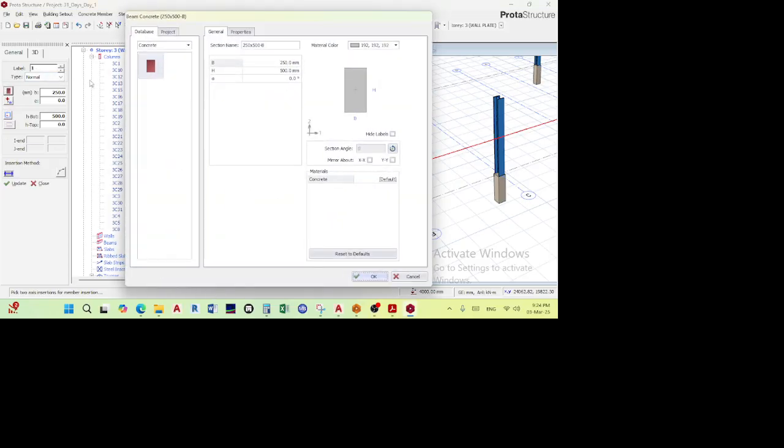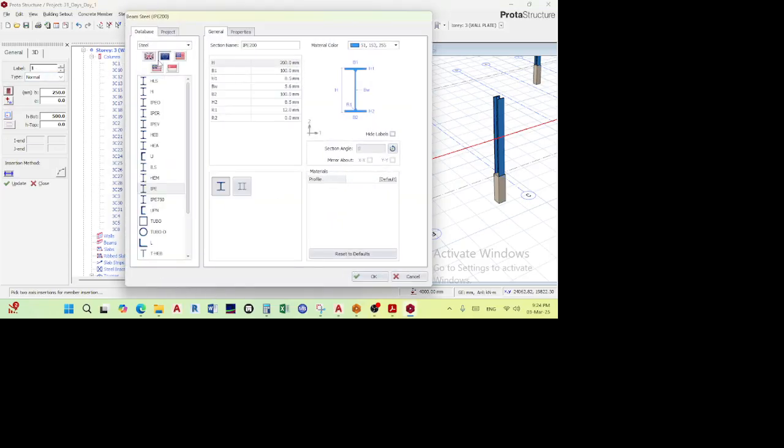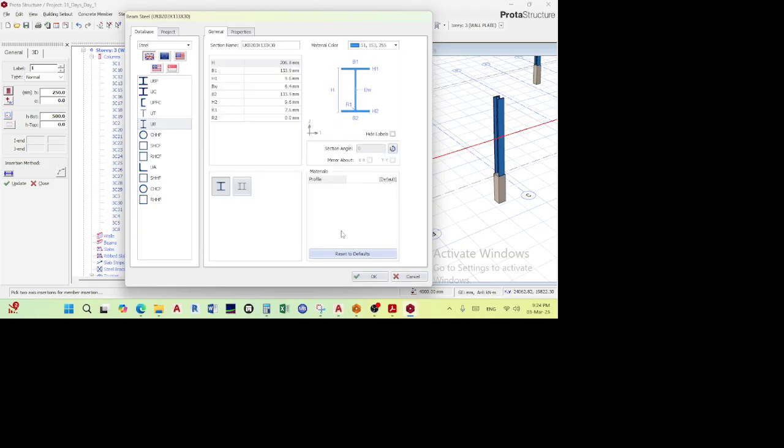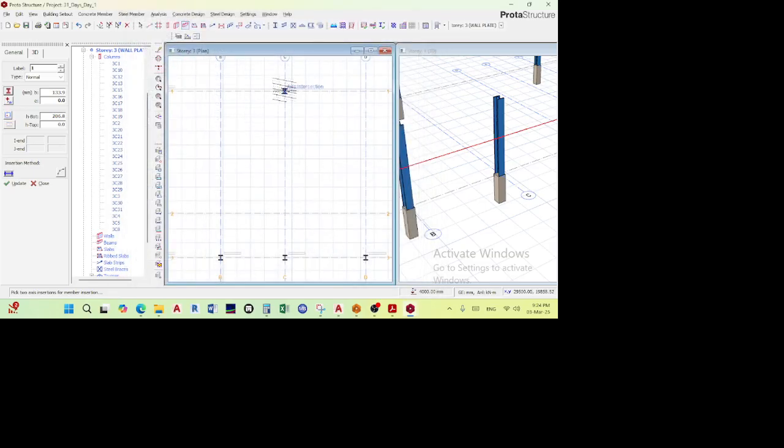I'll go to the section manager. I'd like to use a steel beam, and then let's say a UB. I go back to the British. A universal beam of maybe 203, 203, 133, or maybe 30 kg. I select OK, and then when I click it,